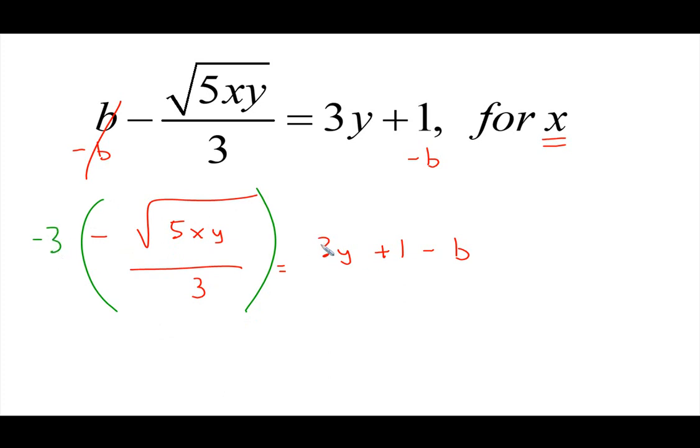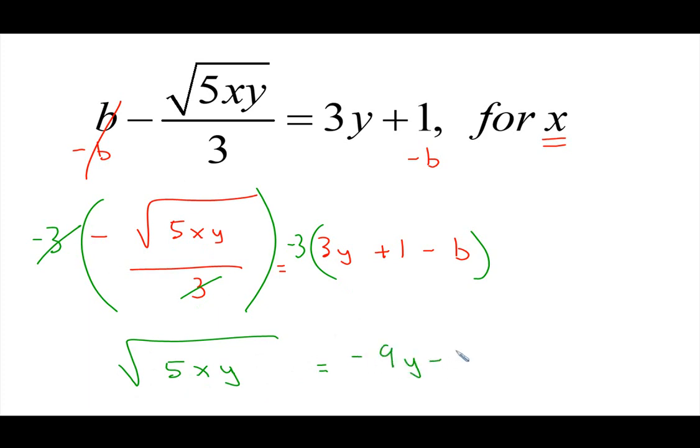The 3's are going to cancel out on the left, and this negative times negative will make this positive, because I want this radical to be positive. So square root 5xy on the left is equal to, on the right, negative 9y minus 3 plus 3b,